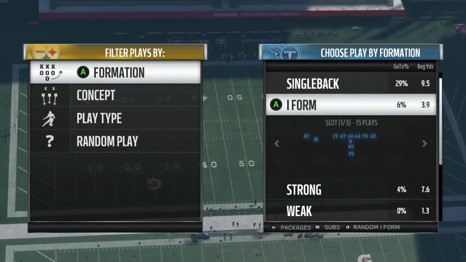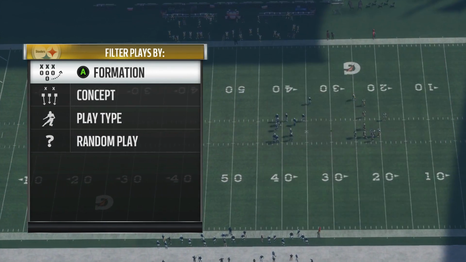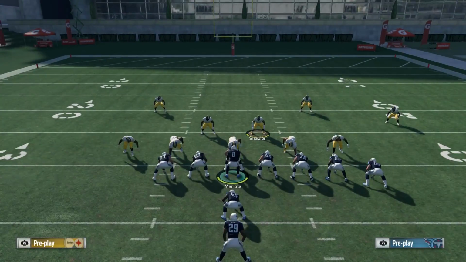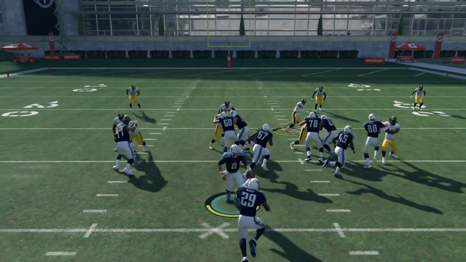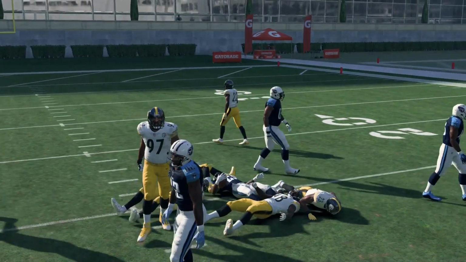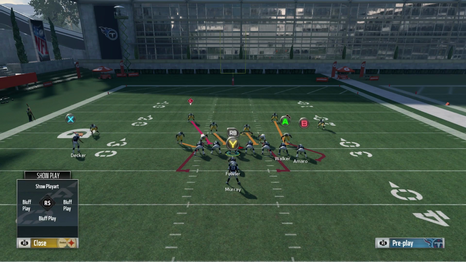So let's say they're in wing power O, and you'll come out in your 3-4 cover show drop. So watching these guards, watch the guards. See that guard pull? Go where the guard goes to. Fill that hole. Oftentimes, you can also look at your run fits here by holding right trigger, B or